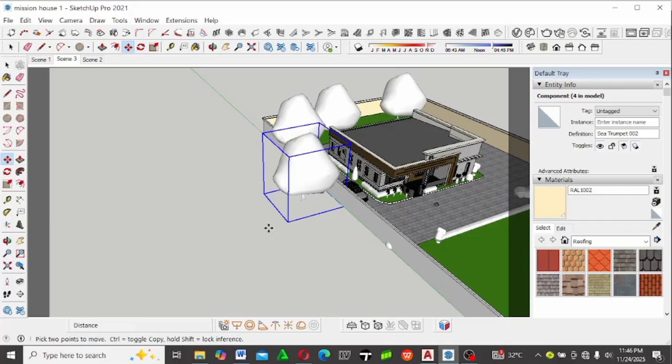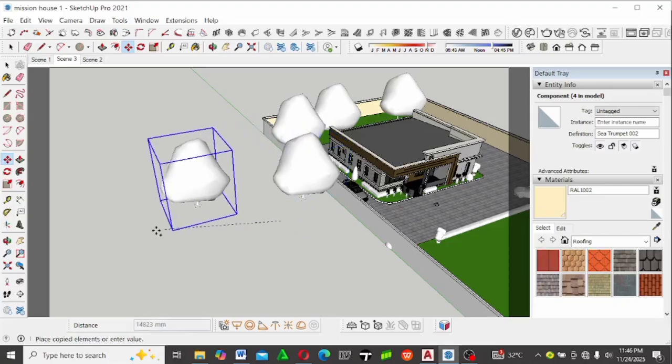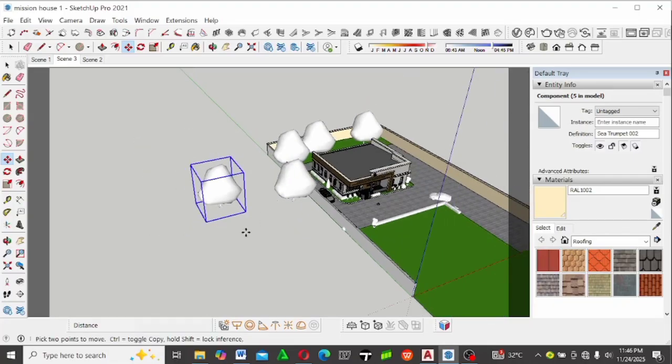If I click on Control again, you see that it is in move mode. If I click on Control again, it is in copy mode now. So if I copy like this, then it has copied. So another thing that some people don't know how to do, this is the fifth tip now, is